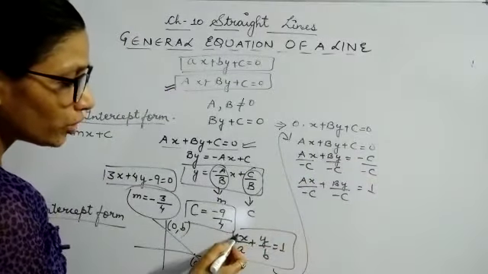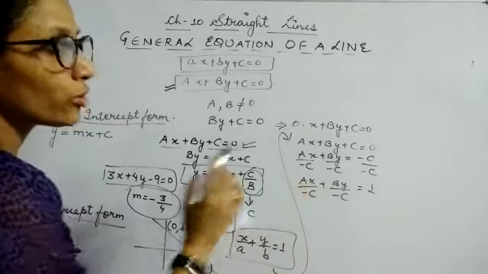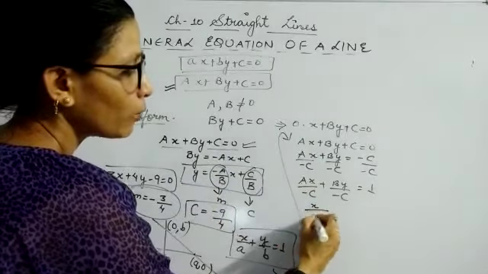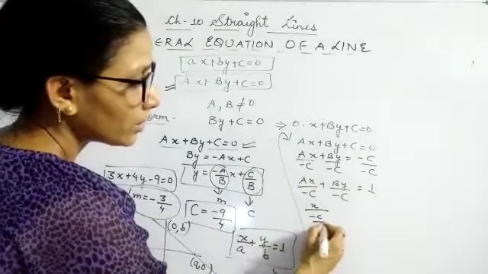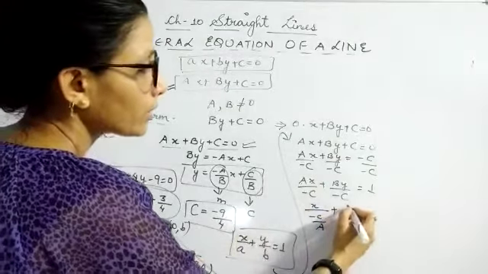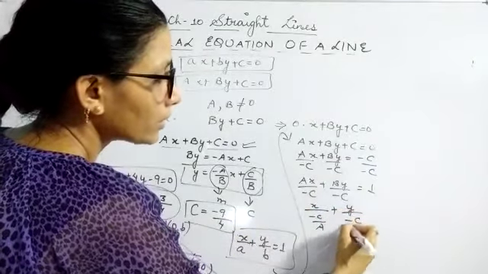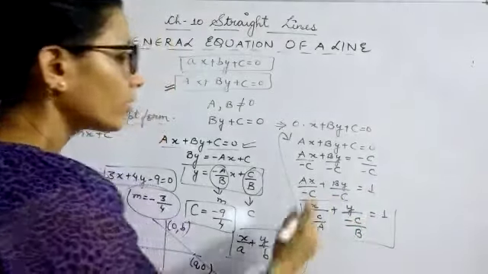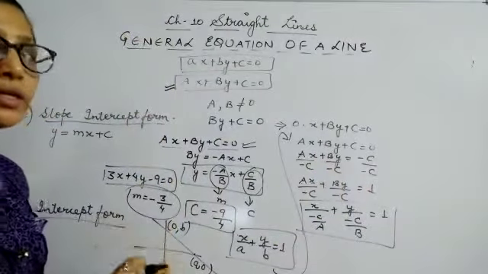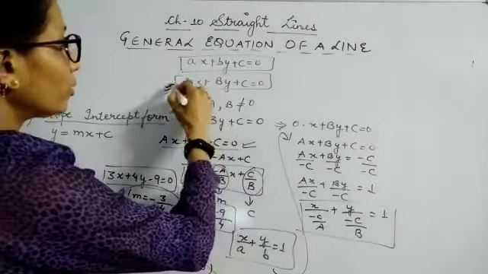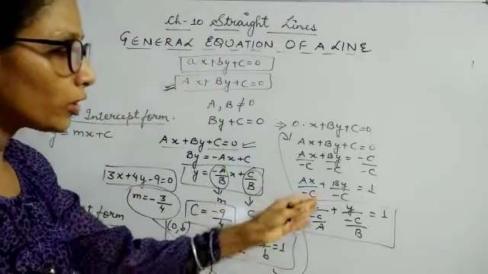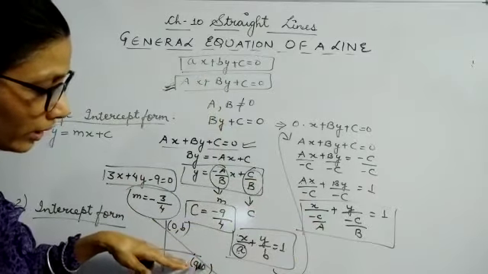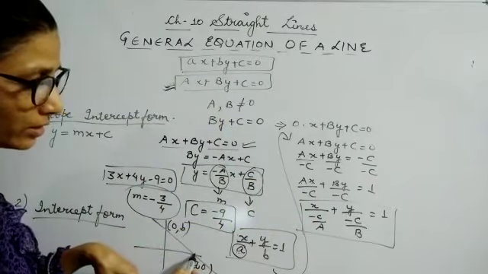Now here the coefficient of x is 1, but here the coefficient of x is A. That means I have to remove this A. So I can write it like this, x upon minus C upon A. This A can be taken down, so I can write it like this, plus y upon minus C upon B equal to 1. So this is your intercept form when your equation of line is given in your general form. Now children, what you can deduce from this? Here you have written x by a. a is what? a is the intercept made on the x-axis. b is what?